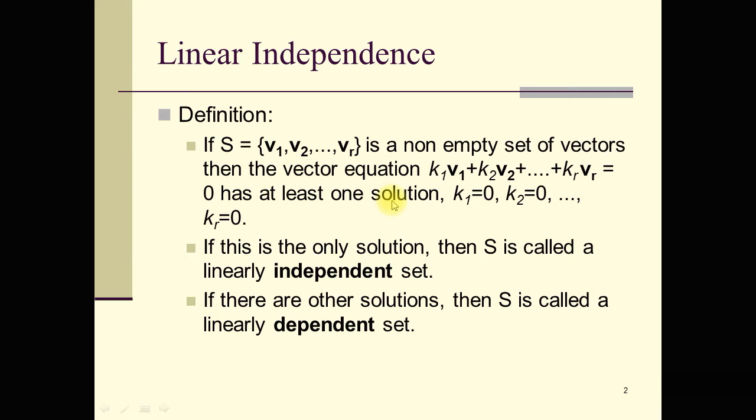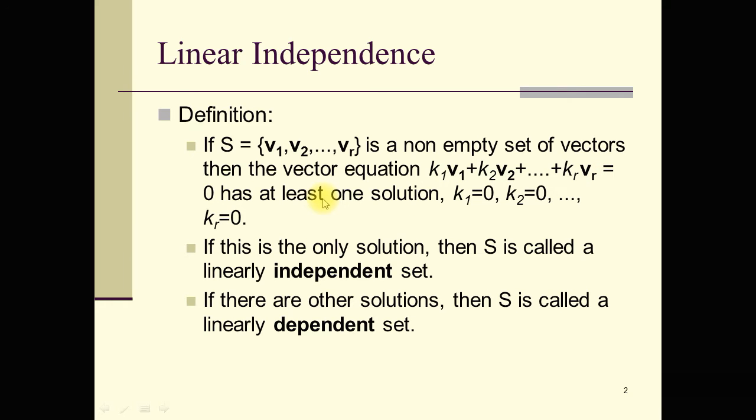So this is a very interesting and very simple definition of linear dependence and linear independence. For example, we have some vectors v1, v2 up to vr. I would like to tell you again the procedure to check whether the vectors are linear independent or linear dependent. To check the vectors for independence, there exist some scalars k1, k2 up to kr. Then construct this equation k1 into v1 plus k2 into v2 plus and so on plus kr vr is equal